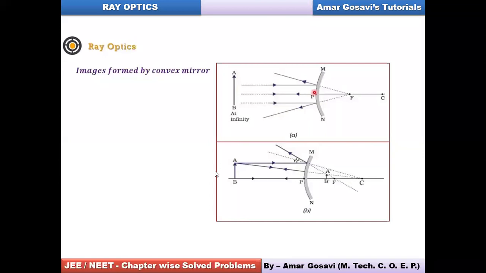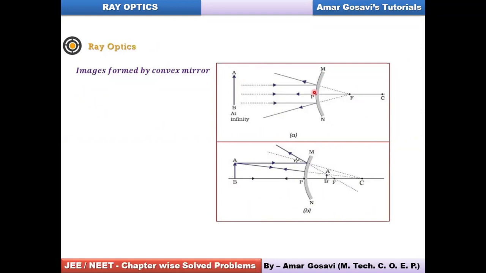And wherever these two rays meet, you can see the extension meets this particular ray at this point. So there the image is formed. So here you can see the image is formed on the other side of the mirror between the pole and the focus. And if you observe the object and you observe the height of image, you can see the image is diminished in this case. Okay, so it's of smaller size as compared to object.